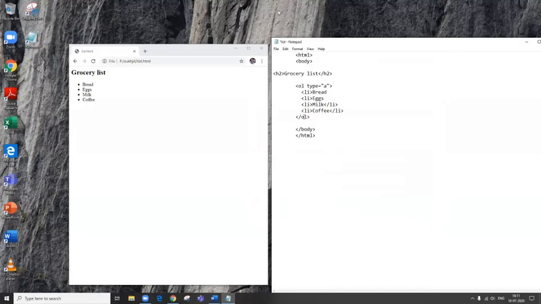OL has to be closed. Let me have the same list items because we are seeing how to create a list. So the list items, let them be the same. I save and I see the changes here, a, b, c, d. Similarly, I can keep on changing and see the changes with the types of numbering.